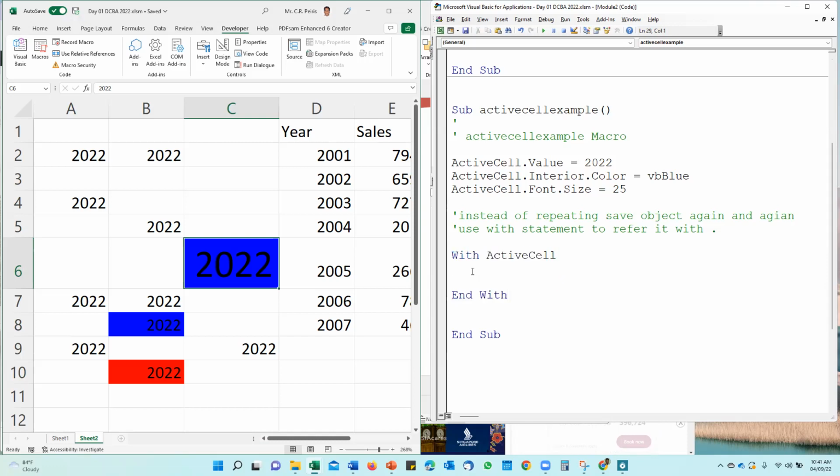Right? Now I entered with active cell. That means whatever I write here refers to the active cell. Therefore, I don't need to write the active cell. Automatically, active cell is inserted in this statement, right? Then when I type dot, you can see, right? Dot value